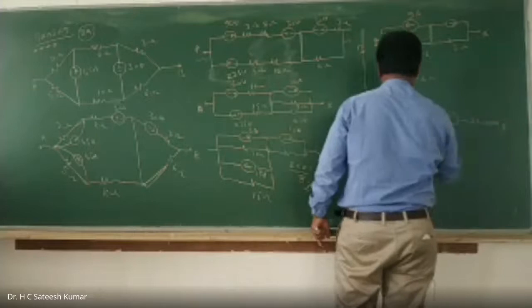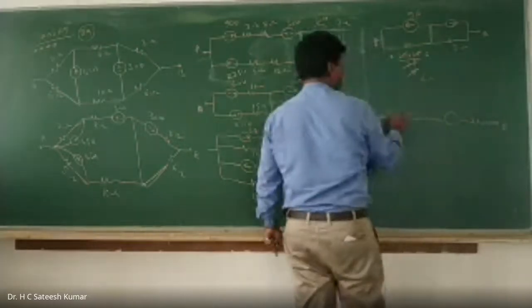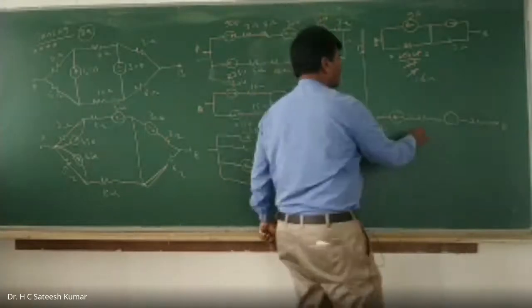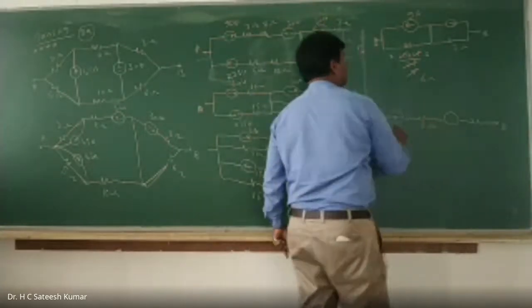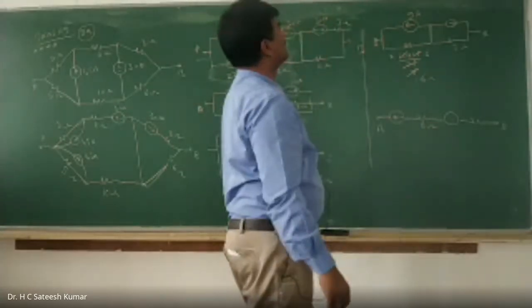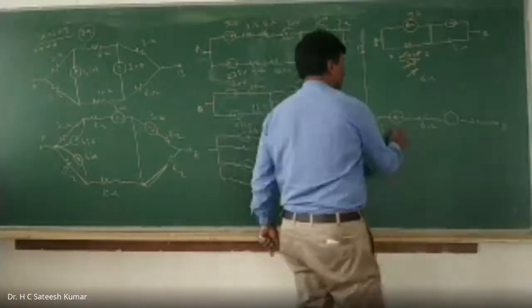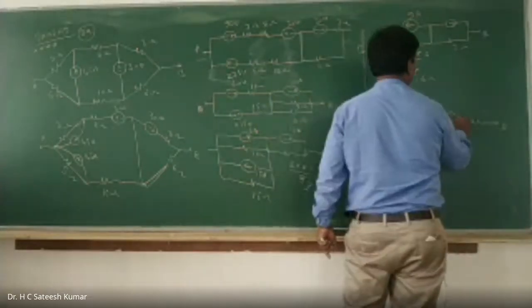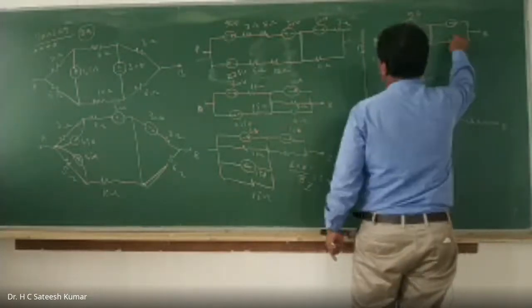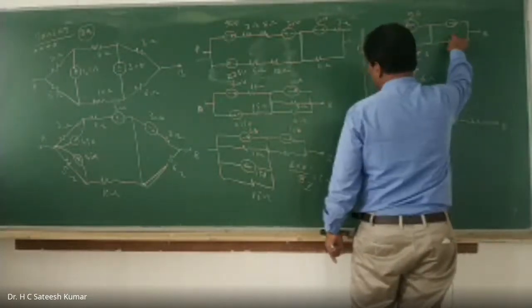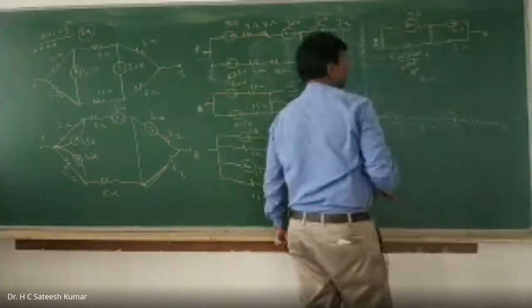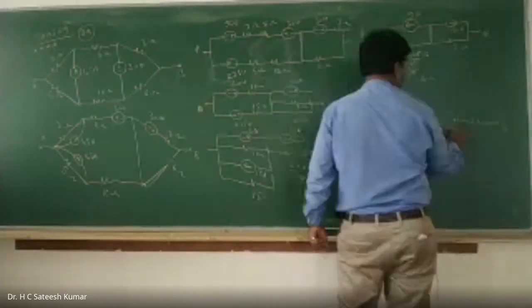B, this is A. Polarity plus minus, because of the left side arrow mark. So 6 ohms is there, I'll write it as it is. And V is equal to IR, 6 into 9, 54 volts, and minus plus. What is this value? This value will be 10 amps. Right. V is equal to IR, 20 volts.